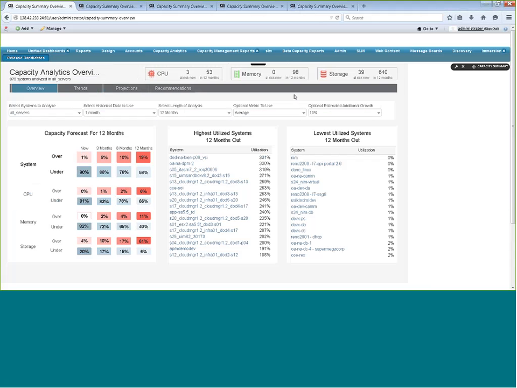So from this one page, I can see for all my systems in a service, whether physical or virtual machines, so this is showing physicals and virtuals in here,